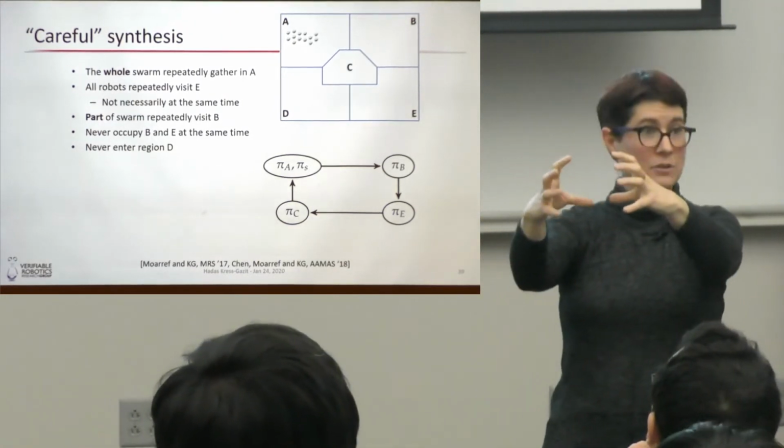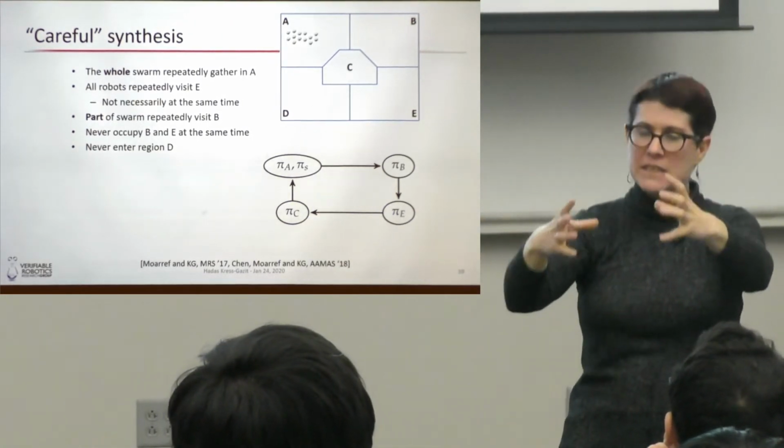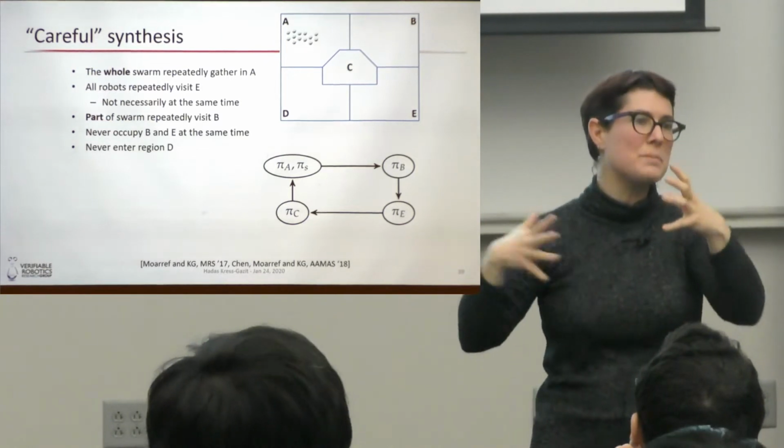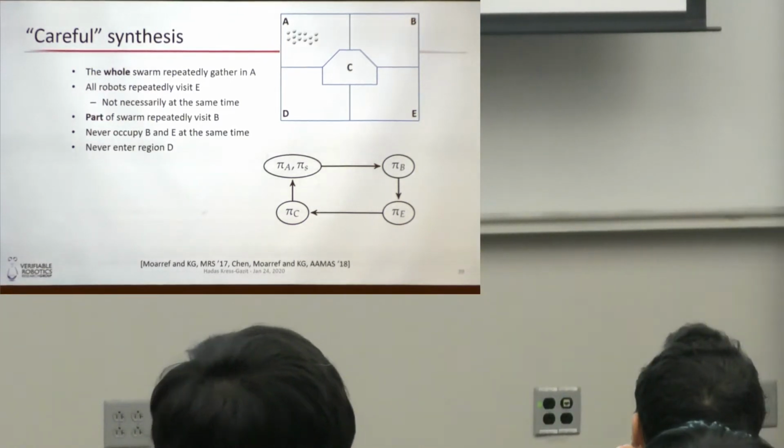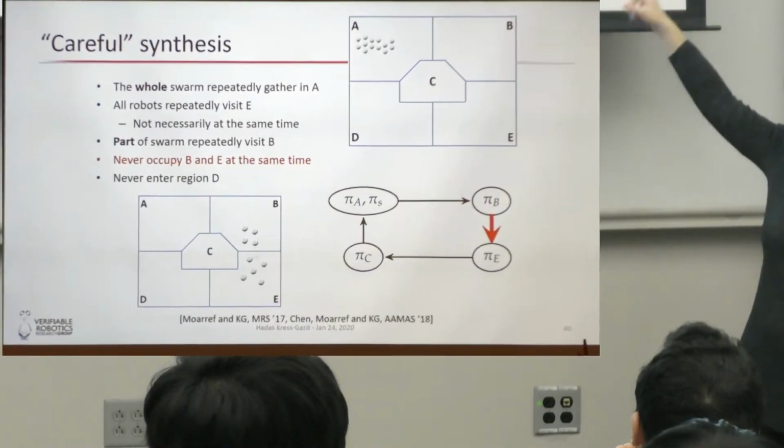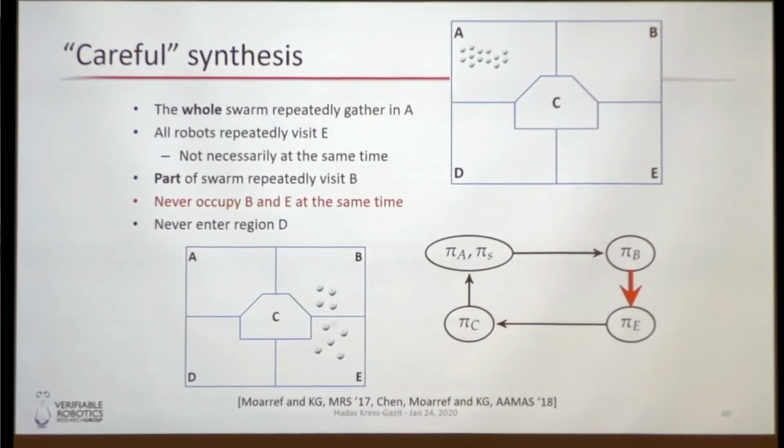E. Great. Symbolically, that's totally fine. Physically, I cannot implement that. There's no way I can implement a whole swarm teleporting from one region to another. So really, the problem is that this transition is not physically implementable. And a lot of the work that we do in terms of synthesis, we go back and forth between the symbolic and the physical. And we have to have guarantees, in terms of simulations, that allow you to go from the continuous to the discrete, and from the discrete to the continuous.